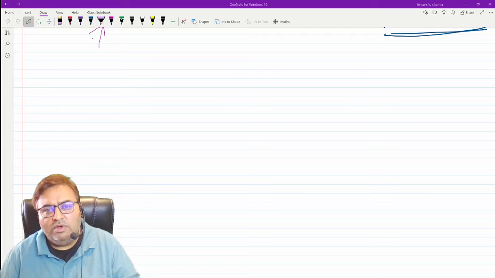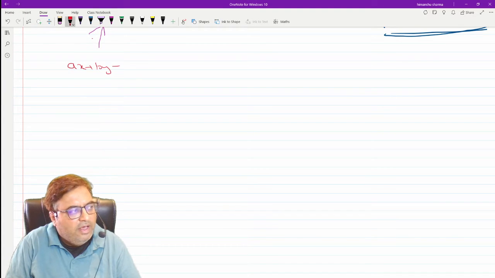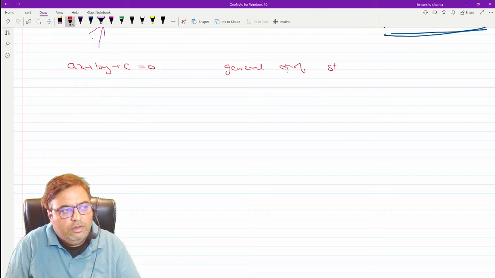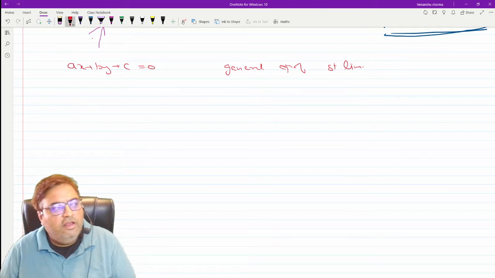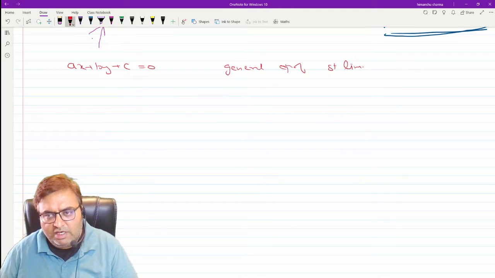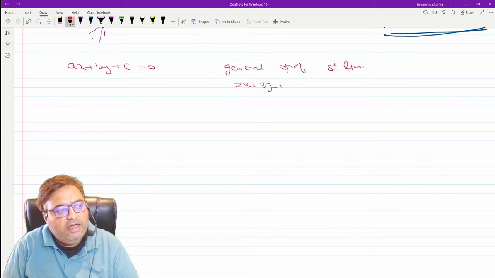लेकिन उससे पहले आपको याद होगा कि इन द प्रीवियस सेक्शंस वी हैव ऑलरेडी शोन दैट अ जनरल इक्वेशन ऑफ ए स्ट्रेट लाइन विल बी ax प्लस by प्लस c इक्वल्स टू 0. दिस इज द जनरल इक्वेशन ऑफ ए स्ट्रेट लाइन. Now, if you can give me few examples of equation of straight line. ठीक है, अगर हम इक्वेशन स्ट्रेट लाइन के कुछ एग्जांपल्स देखें तो क्या हो जाएगा, 2x प्लस 3y माइनस 1 इक्वल्स टू 0. ठीक है, फिर x माइनस 2y प्लस 3 इक्वल्स टू 0. ऐसी इक्वेशंस आएंगे अलग अलग.